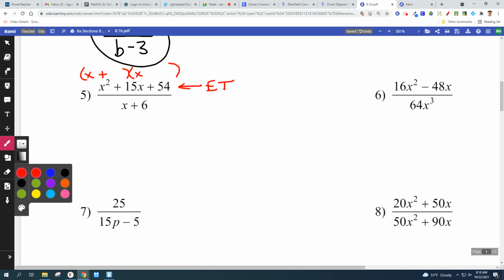9 and 6, very good. So plus 9 plus 6. Those two numbers multiply to 54 and add up to 15. And now I also see something that can cancel. I've got x plus 6 that's going to cancel, which leaves me with an x plus 9